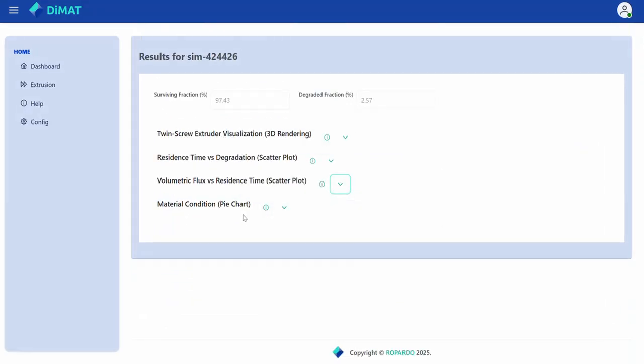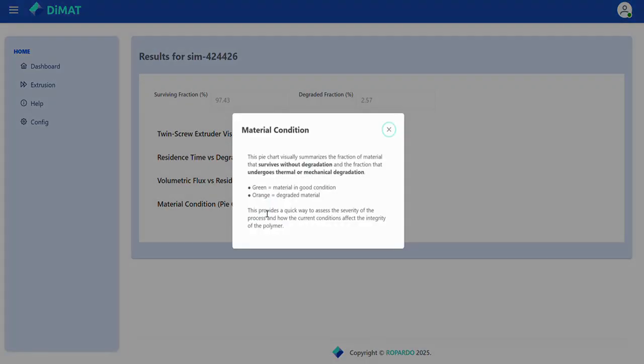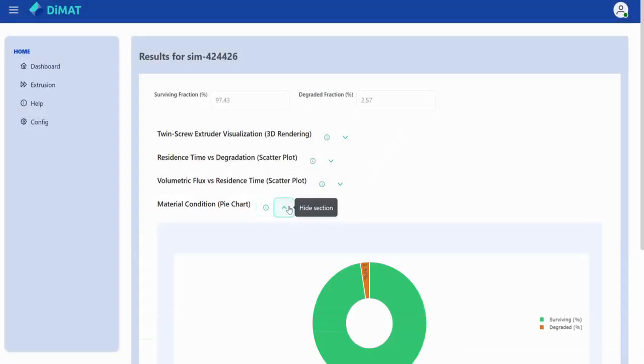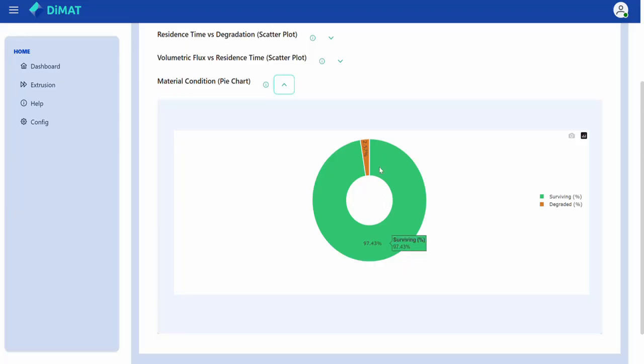Finally, we select material condition. This pie chart summarizes the fraction of material that survives without degradation and the fraction that undergoes thermal or mechanical degradation. Green for material in good condition and orange for degraded material. In our case, 97% of good quality material versus